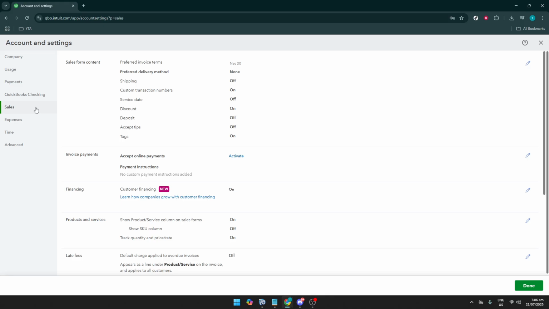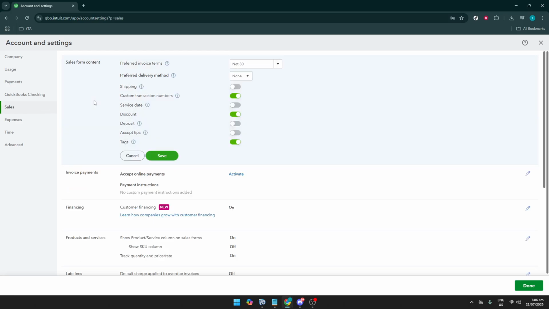Within the Sales section, you'll need to locate and click on Sales Form Content. Here you can adjust the details that appear on your sales forms, offering a layer of customization to better cater to your client's requirements or your business's needs. Once on the Sales Form Content page,